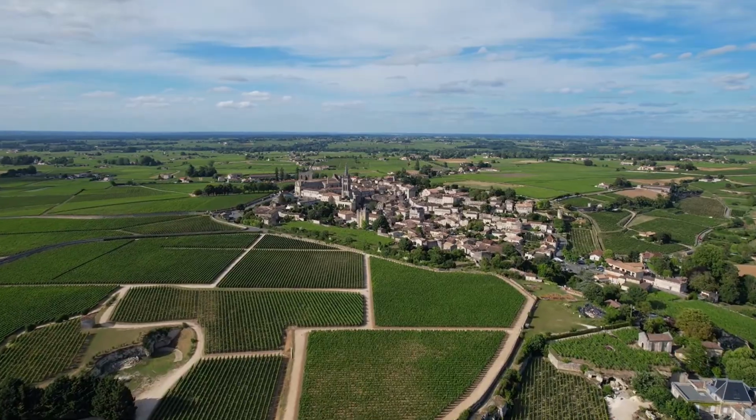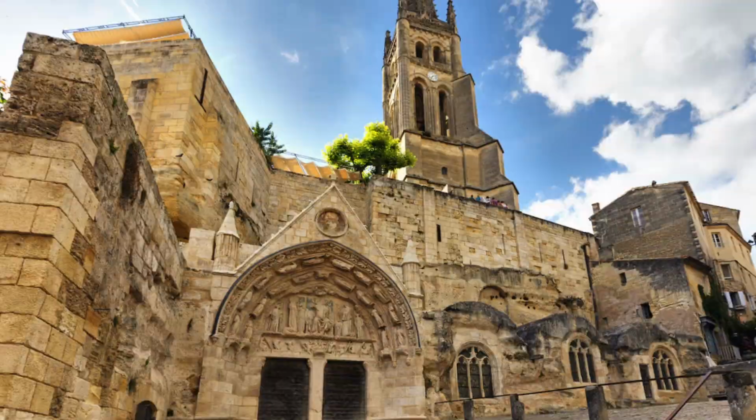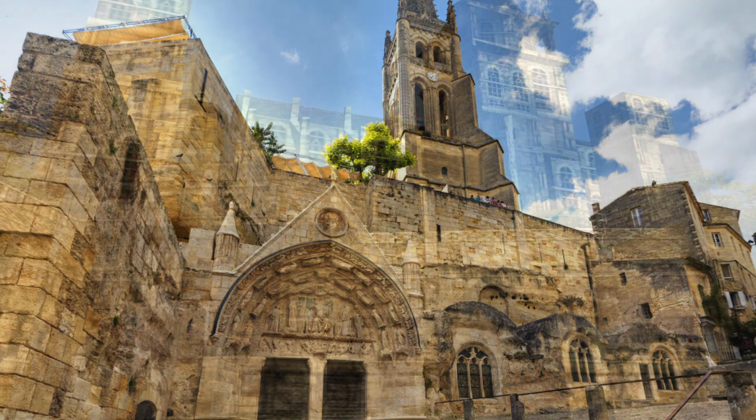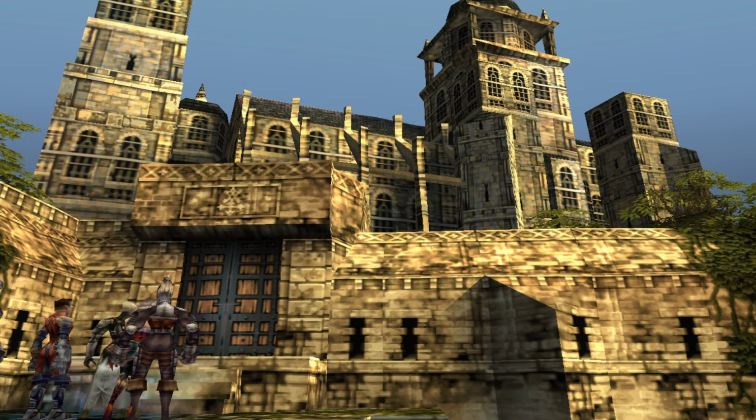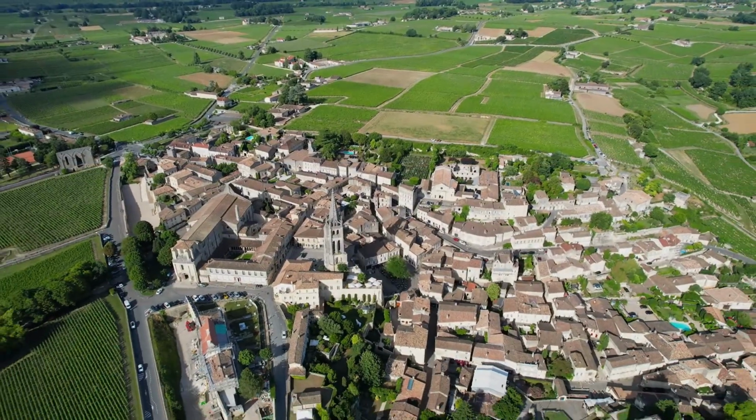A lot has been said about Vagrant Story over the years, but I think there are a few specific takeaways that are really useful to artists and creatives alike. In the case of Vagrant Story, a huge visual influence for the team was the town of Saint-Emilion in the Bordeaux region of France. So much so that they even sent some of the team members there to take reference photos. Now, this was pre-Google image search, so that was the best way for them to get visual data for the game.